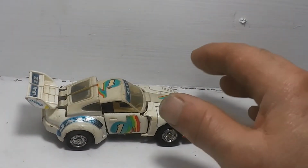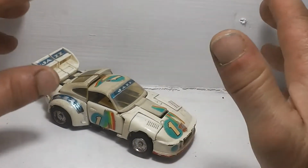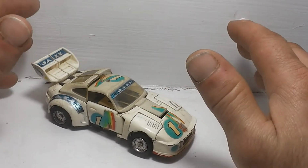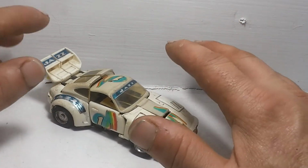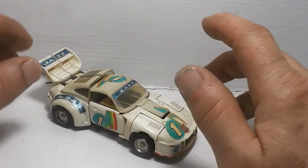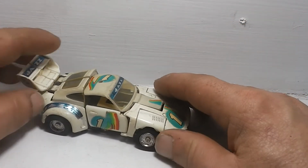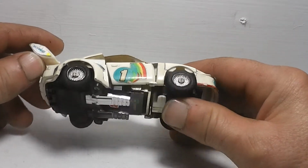Now we're going to get on to the transformation of him. And Jazz is one of these where you have to take your time transforming him because he's more fiddly in different areas, and you'll see what I mean when you see the transformation. So, in order to go ahead and start the transformation,